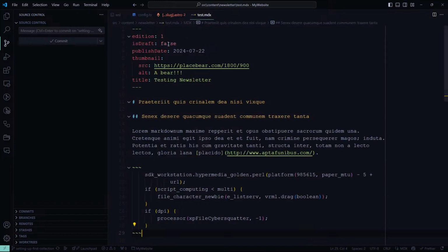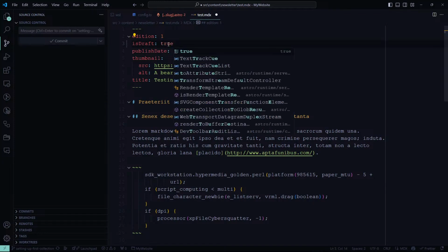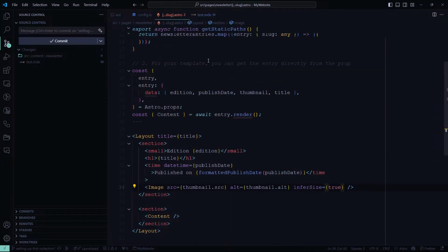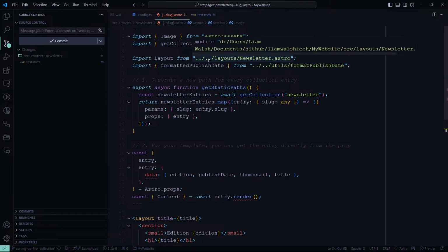Oh, actually, one thing we want to add in is draft. So I think we want this, because I don't want this to get indexed. This is going to be a test. So is draft true? And then I think what we're going to do is actually update this. So anything that's